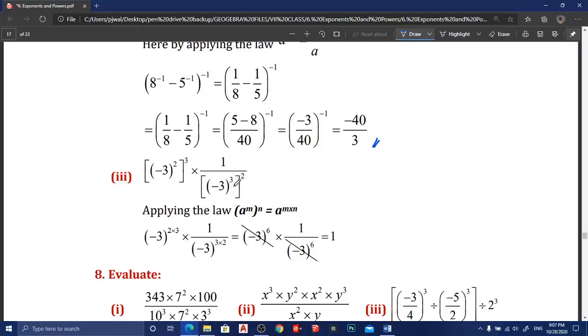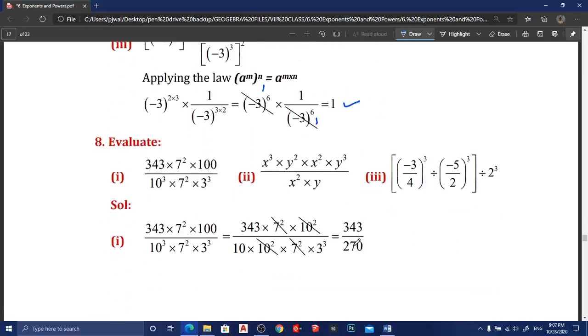So the order is different, but again here you have to multiply these two terms. 3 into 2, again you will get 6 only here also. So since both the terms are equal, you can cancel here one time, here one time. So 1 into 1, 1 by 1 is 1. So 1 is the answer.